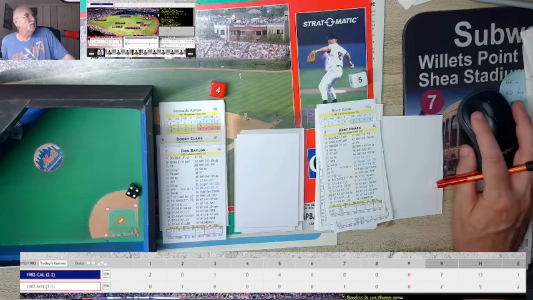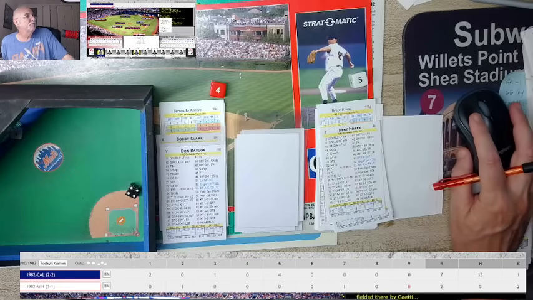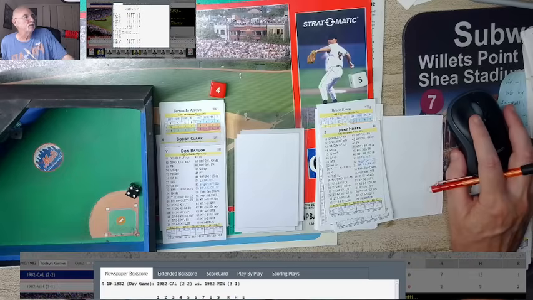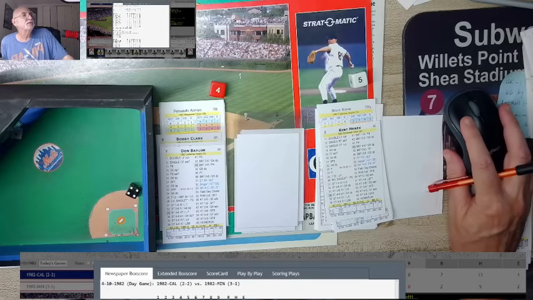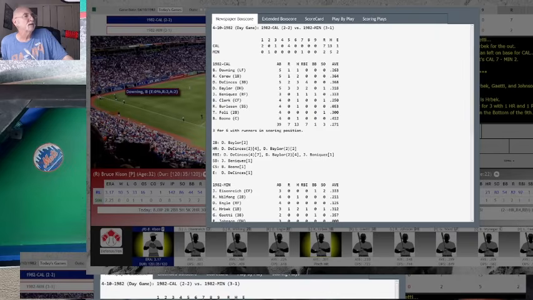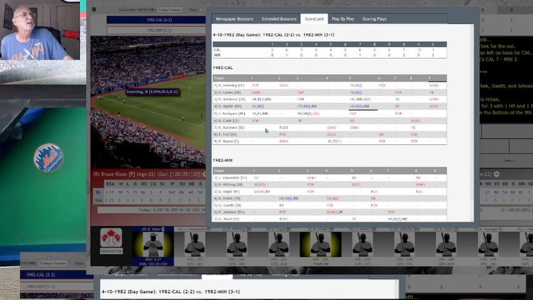And I'm going to pull up and look at the scoring plays because, let me see, box score. You go to box score, it gives you scoring plays. Let me open that up for you a little bit so you can see it. All right, so let me show you. So I want to look at the scoring plays. There it is. I get that, but I'm going to go to scorecard, play-by-play.